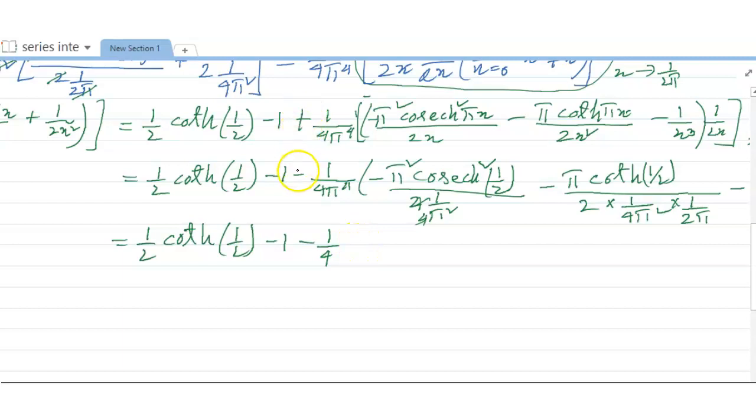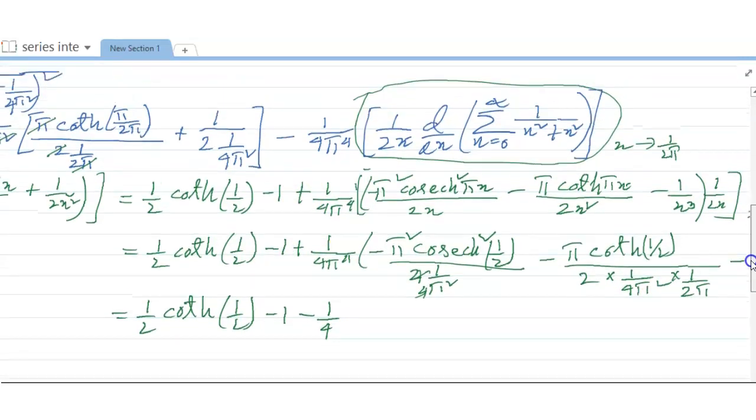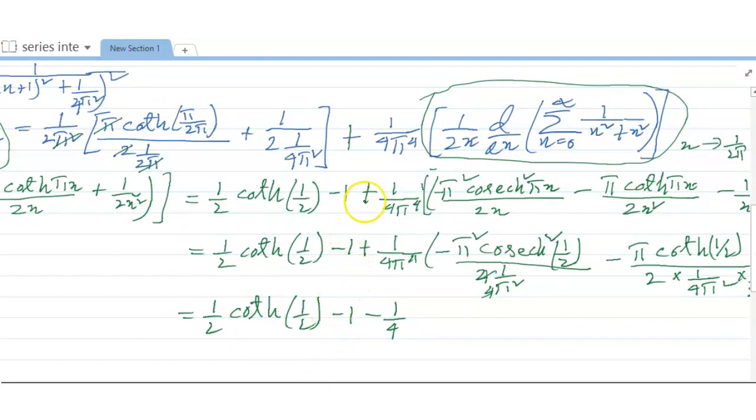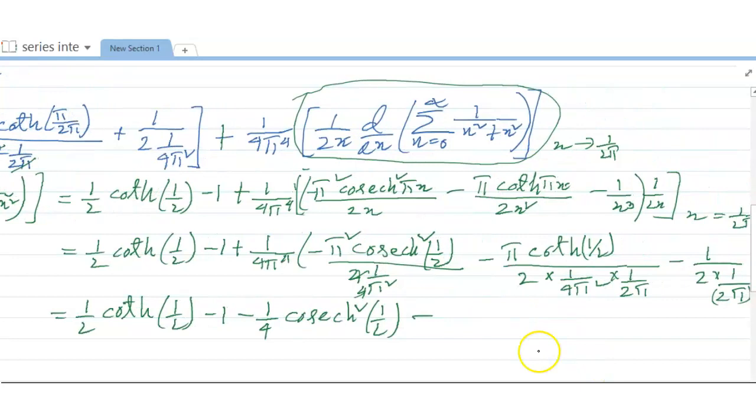Here it is plus, here is some mistake, this value is plus, so it is plus, it is minus cosech square half minus half into